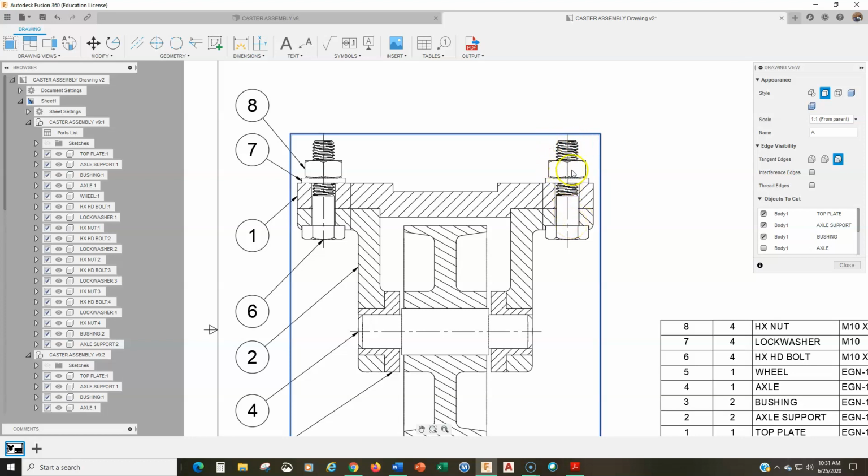Now I know Fusion did all this work for us, but what oftentimes happens is that, depending on the size of the plot, that can be just messy. There's too many lines in there, and certainly if you're doing a drawing with AutoCAD, we wouldn't want to do this. I've done these drawings, and it's really a pain, not only finding the dimensions, but then drawing it. So we can go to thread edges and click on that,